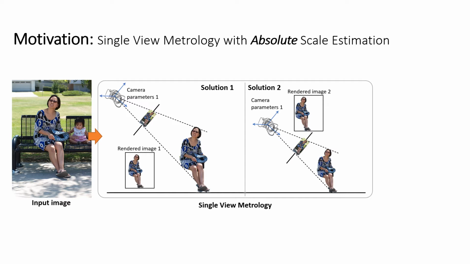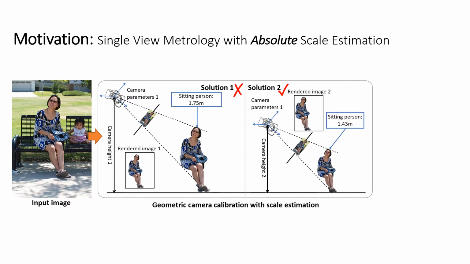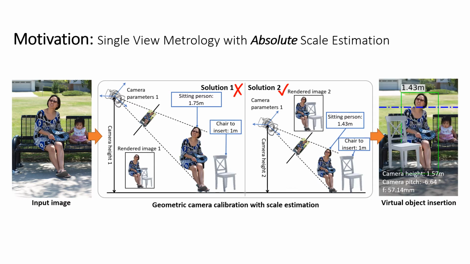We present an approach to single-view metrology that can recover the absolute scale of a scene, represented by 3D heights of objects or camera height above the ground, as well as camera parameters of orientation and field of view, using just a monocular image acquired in unconstrained conditions. Our method enables applications including virtual object insertion with absolute scale estimation for realistic results.